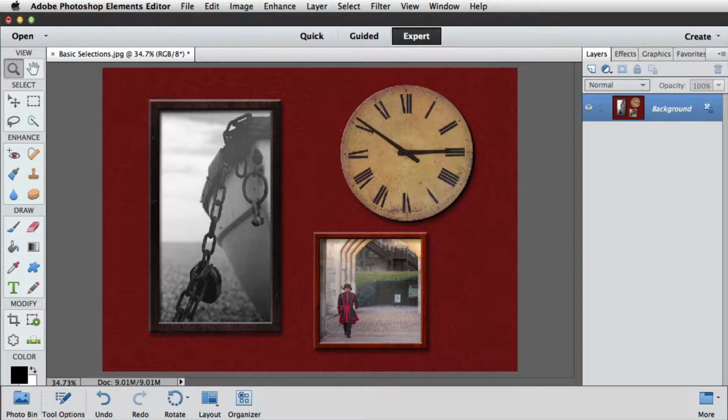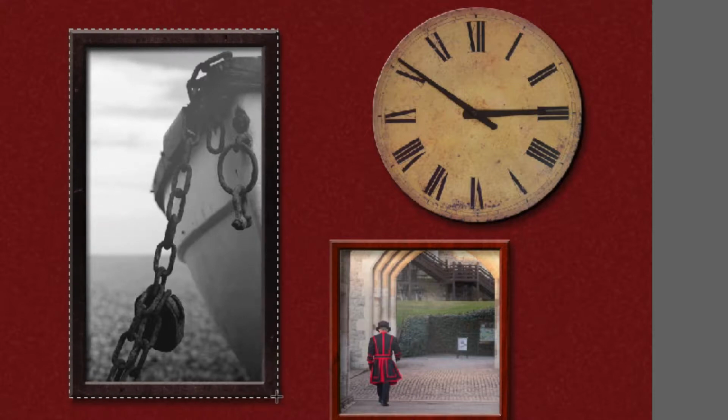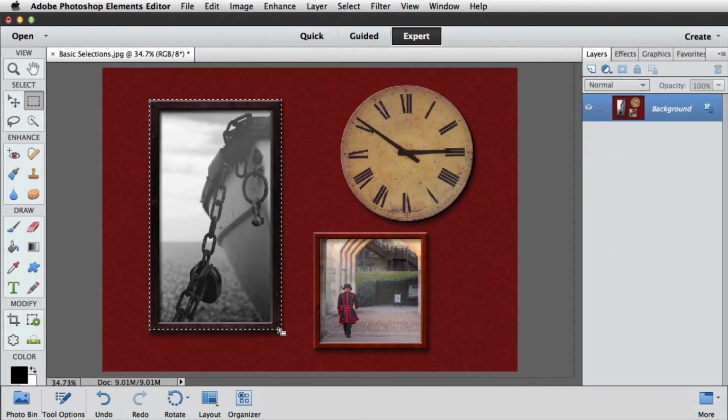To select the Marquee tool, we can use its keyboard shortcut of M, or we can go to the Select section of the toolbox and click its icon. We've currently got the rectangular Marquee selected, so we'll make a selection of this rectangular frame. We'll click in the top left-hand corner and drag down to the bottom right, drawing out our marching ants, and there we go. To deselect, we press Command D on the Mac or Control D on the PC, and that